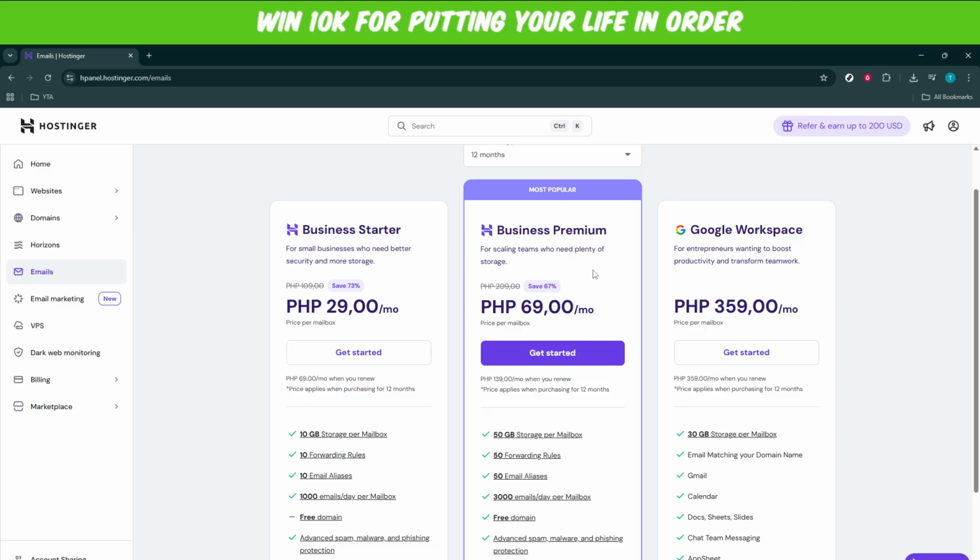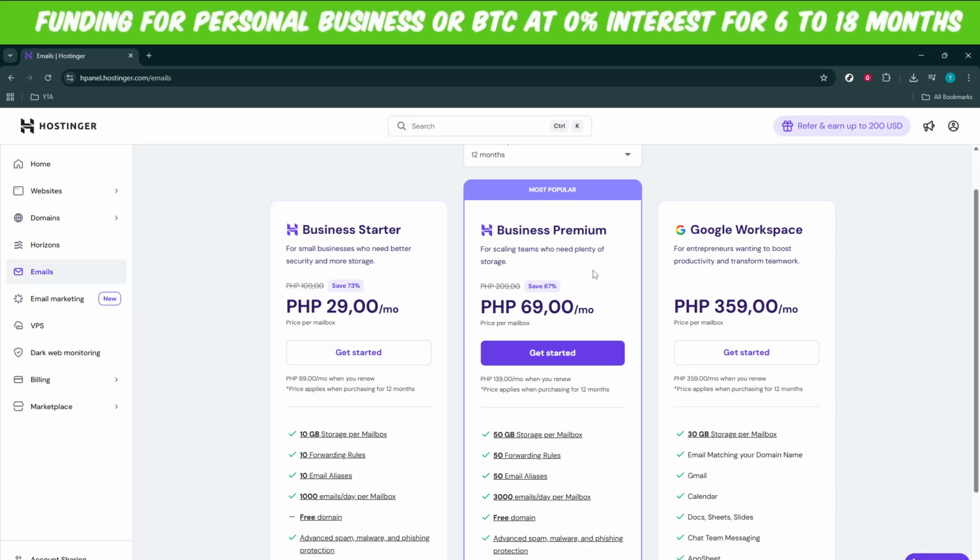So there you have it. With these simple steps, you've successfully navigated through Hostinger's email plan upgrades. Each option is straightforward and designed to suit a variety of user requirements, ensuring that as your email needs grow,